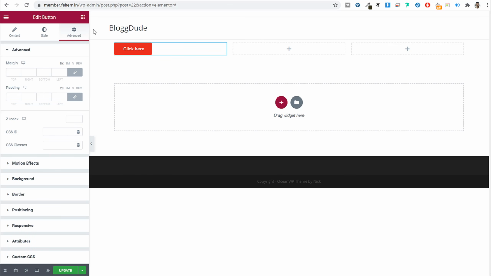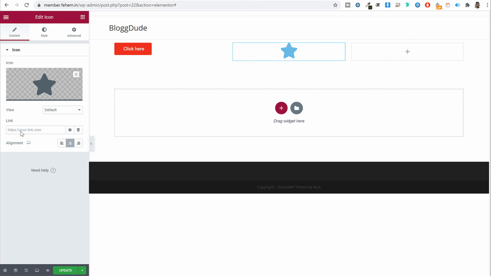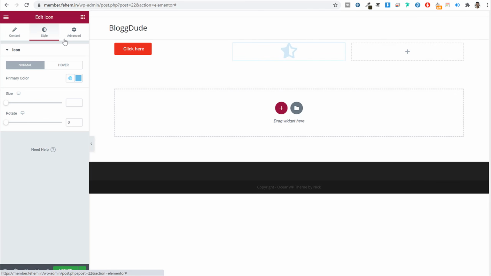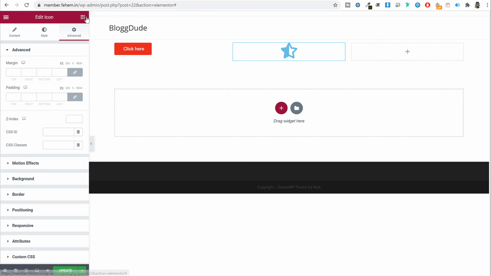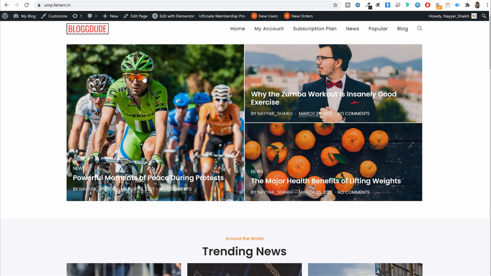Again, if you want to come back to elements, click on this 9 dots icon. Maybe in the second column, the middle column, if you want to use this icon, you can drag and drop this icon element. Again, things will change at the left hand side. You can change the icon. After that, you can go to style, change the style and all. Okay, so this is how this thing works. Now I'll do one thing, I'll cut this and we'll see how to create this home page.